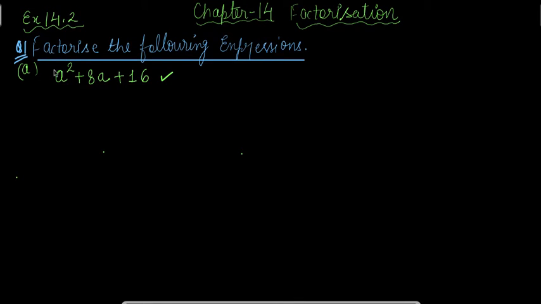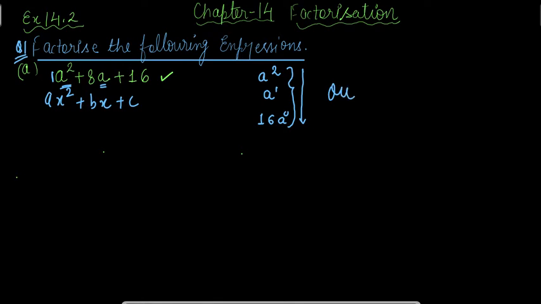If you see, this is a quadratic equation, ax square plus bx plus c, right? Where a is 1, which is a constant. It is a quadratic equation of variable a, right? The power of a is decreasing in each term. Here in the first term a is raised to the power 2, in the middle term a raised to the power 1, and with 16 I can assume a raised to the power 0. So you see the power of the variable is decreasing from the first to the third term. So this is said to be a quadratic equation.